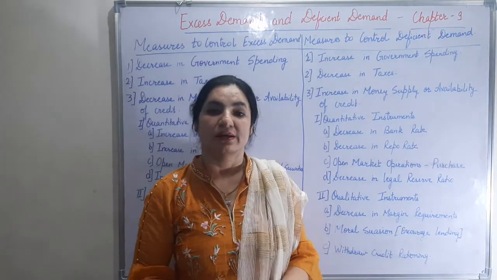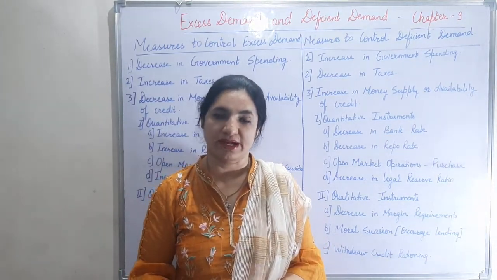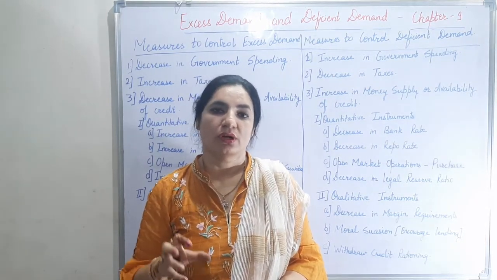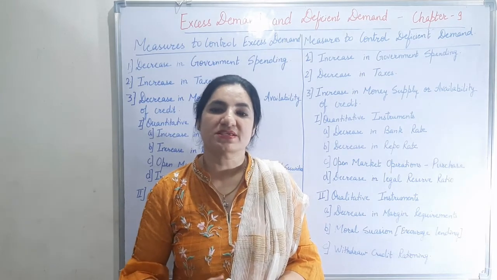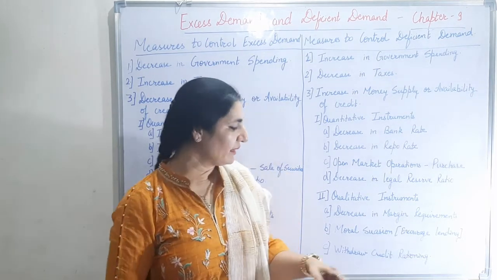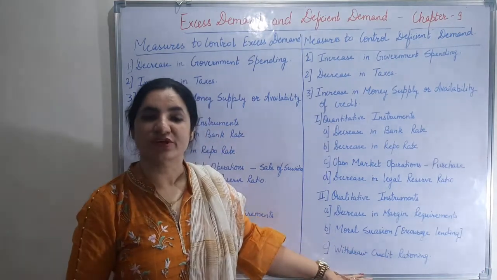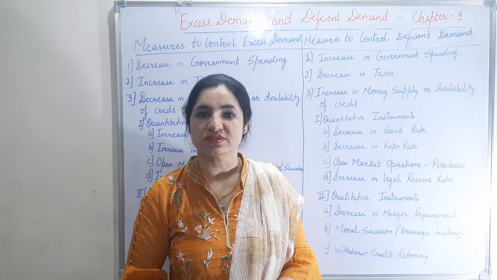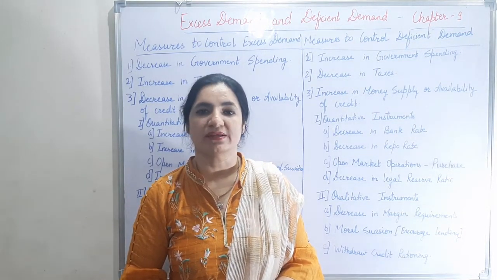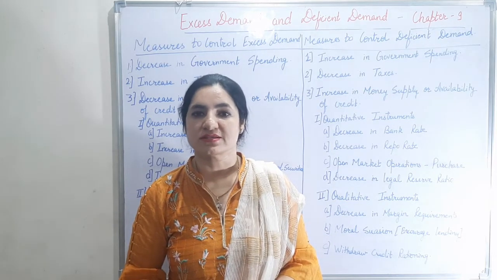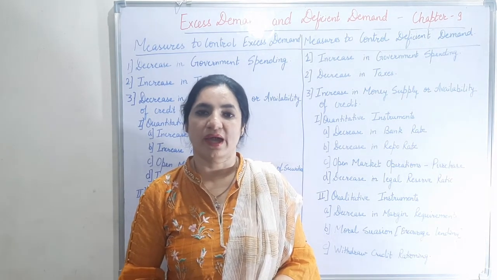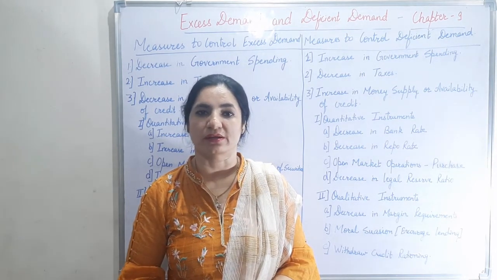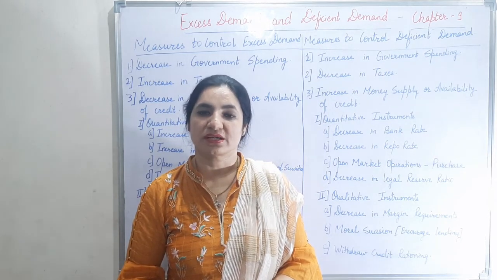It means that in case of excess demand, the government was selecting a few organizations or purposes for which loans should be granted. But here that credit rationing is withdrawn and now loans are open for all. Anybody can apply for loans, even at lower interest rates. So by this we can control the excess demand and deficient demand in the economy, thereby controlling the aggregate demand. I hope the concept is clear to all of you.